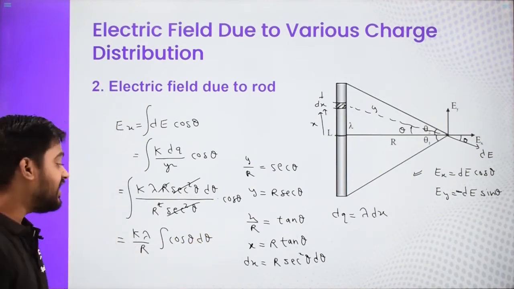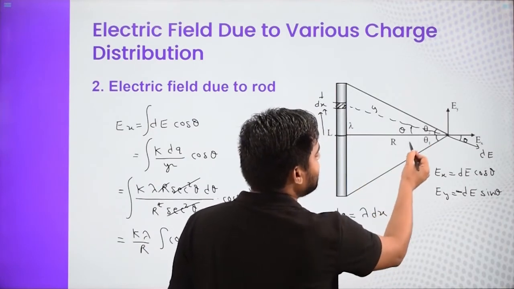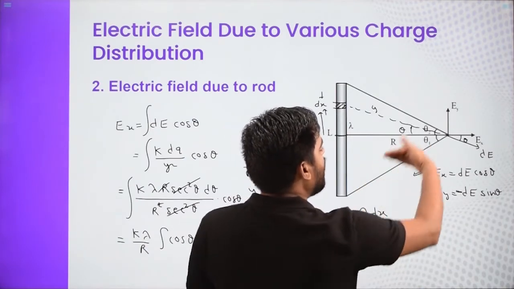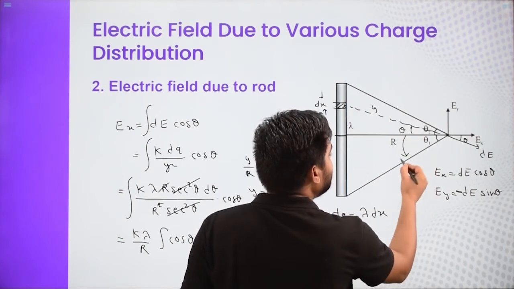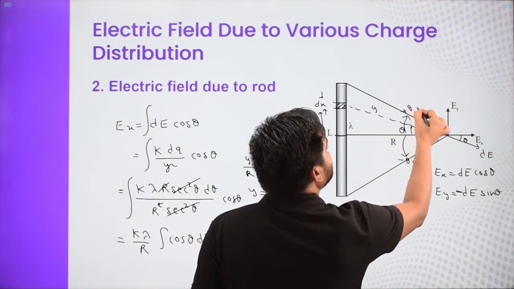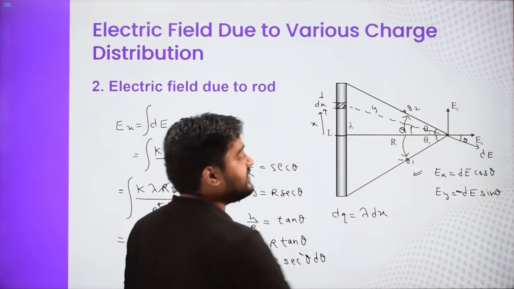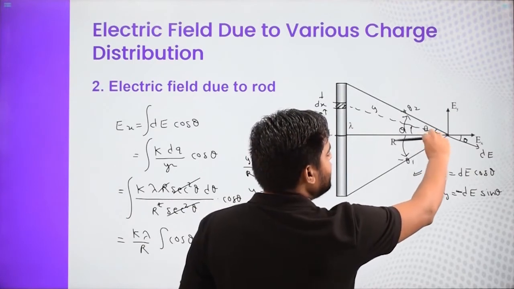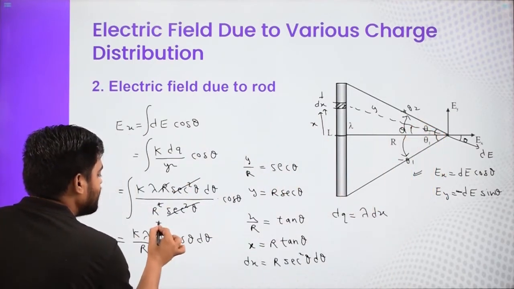And you put the limit on angle. So angle, we considered this angle to be theta. So I'll say theta changes all the way from minus theta 1 to plus theta 2. See, this is a positive angle. The angle we have to consider with sign. So this is minus theta 1 to plus theta 2. So let us put that limit, minus theta 1 to plus theta 2.